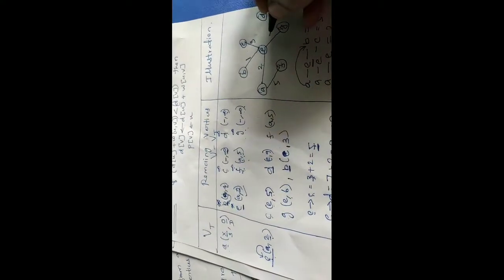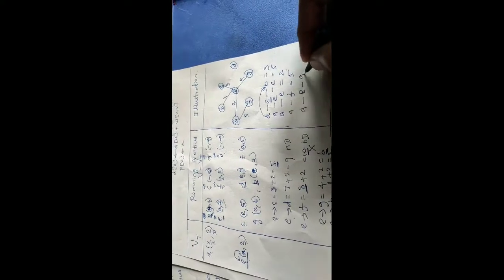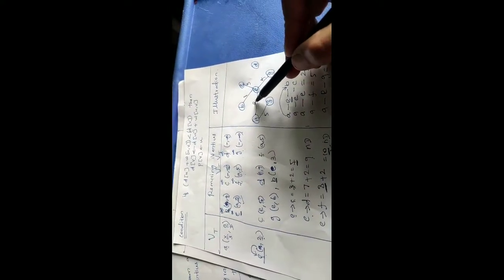So what is the edge I need to include? I need to include the edge from E to G. So E to G, I will be writing it here. What is the value of this edge in the given graph? E to G I have the value as 4. Okay. So how will I write? From A I am visiting E. From E I am visiting G. So A to E, E to G. So what is the total value I have? 2 plus 4, it will be 6.